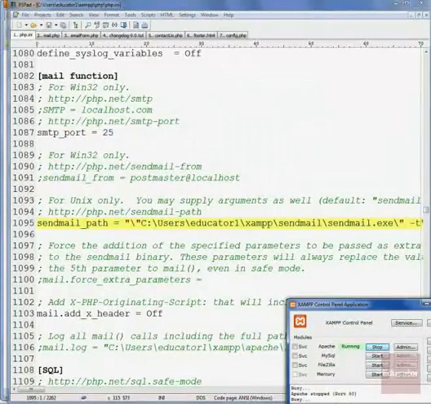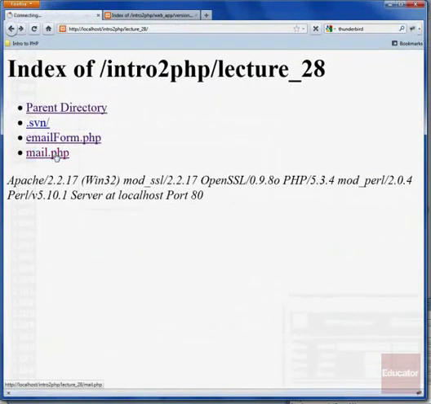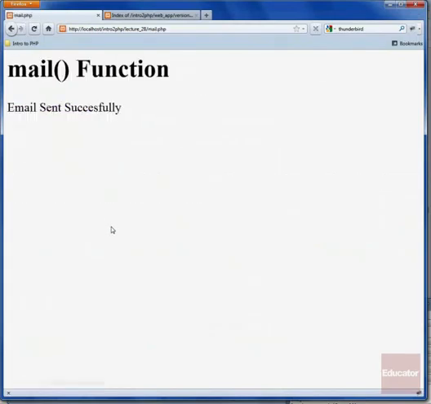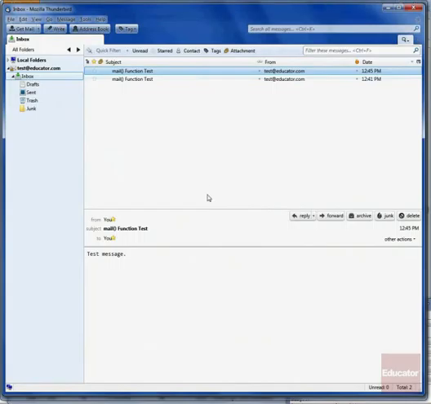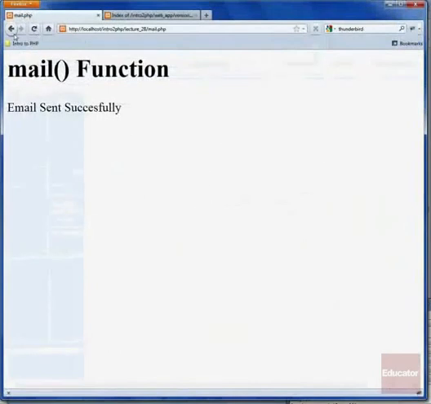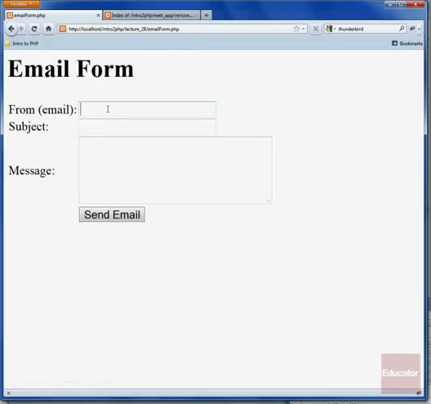And I'm going to go ahead and run that mail.php page again to confirm that the email functionality is working again. Email was sent successfully, and if I go and look at my inbox, I can see that it was sent. So the email is back working again. So basically the way the email form works is you enter a return address email or a from email. And this is something a customer could do on your website. Just going to create a test subject, test email,